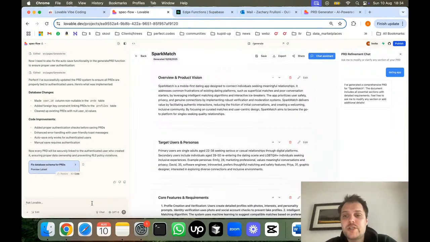What we want to do is store the chat history here. So we're going to store all of this. I want to store chat history in the PRD refinement chat feature. So I'm going to store it in a Supabase table and tie it to a specific PRD, which is this one here, so that when the user logs back in